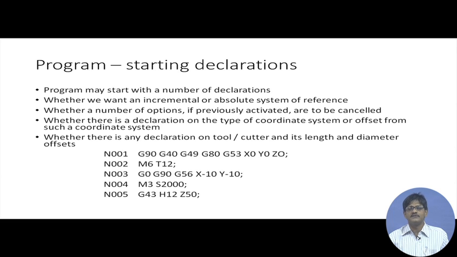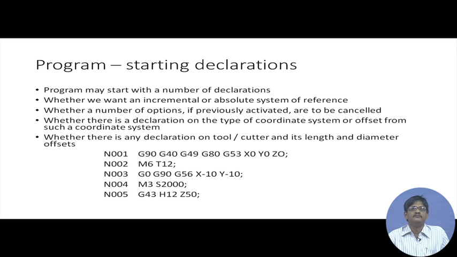Then comes, what is the importance of tool diameter? Whenever you are cutting along the periphery of a particular part, if you declare the tool diameter, then the way in which it is connected with the part profile, the machine can do some calculations which otherwise would have had to be done by you. When we discuss programs, we will definitely be discussing this. So, G40 cancellation of tool diameter or tool radius compensation, G49 cancellation of length compensation, G80 cancelling tool cycles which have been previously activated and now need to be cancelled.